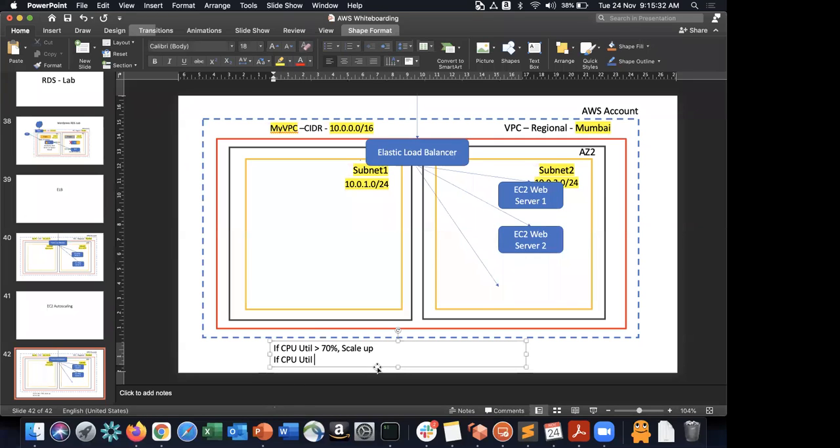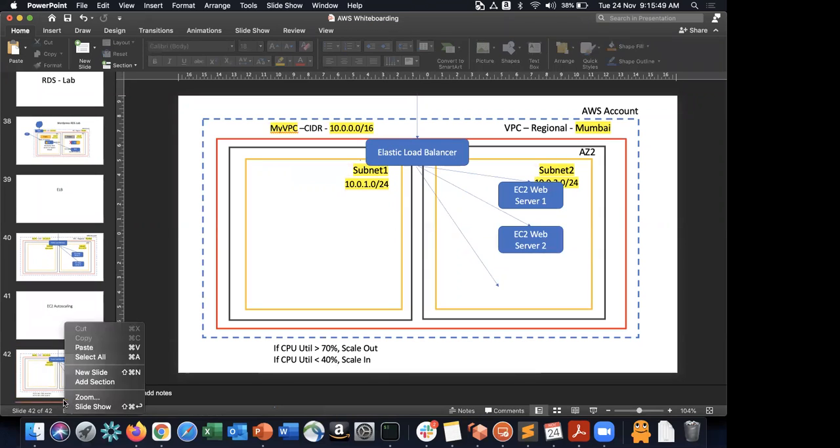Okay, so if the CPU utilization is less than 40%, scale in. Okay, it's not scale up, it's called scale out, because you're scaling out and you're scaling in. Okay, so usually what happens in the case of scale out,